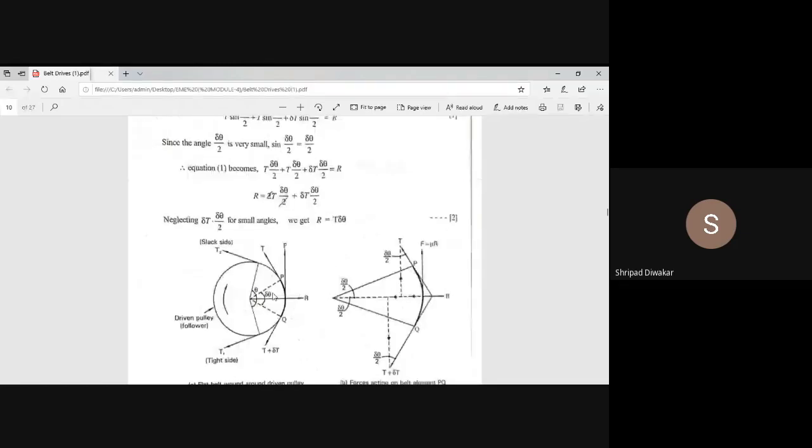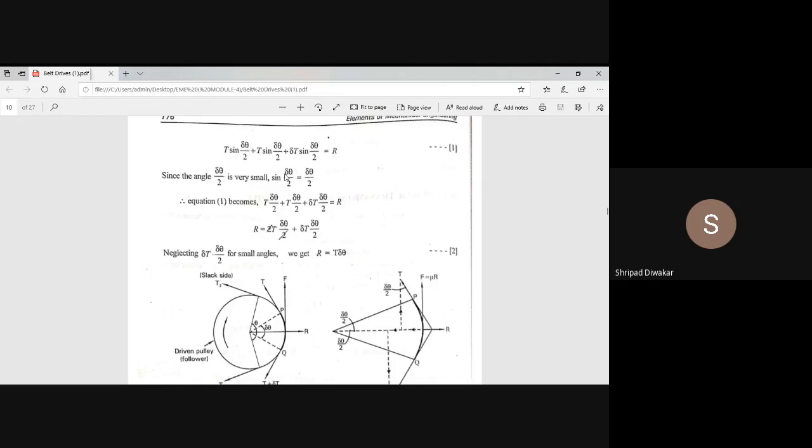So you see the diagram, the value of delta theta is very small. So we can write sine of delta theta by 2 is exactly equal to delta theta by 2. Just as in the case of open belt drive and cross belt drive, while deriving the equation, we considered sine alpha equals exactly alpha. Same thing here also. Since delta theta by 2 is very small, we can write sine of delta theta by 2 simply as delta theta by 2. Just remove sine in this equation, and you can rewrite the equation. For smaller angles, sine delta theta by 2 equals delta theta by 2.